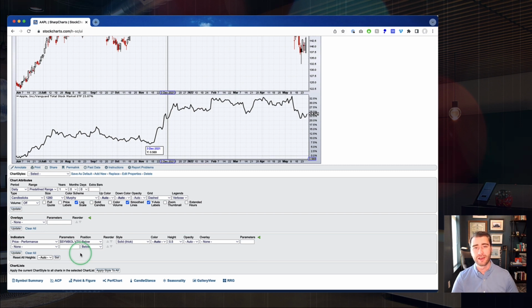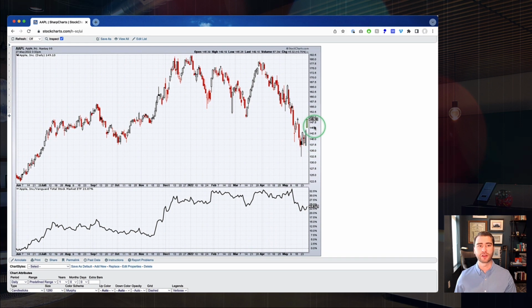If you want to use that with a ratio symbol, you can actually set up these relative strength lines on your chart really easily and format those in percentage terms. A nice little trick there. So that kind of walks us through a couple of these different tricks here in SharpCharts for analyzing percent change